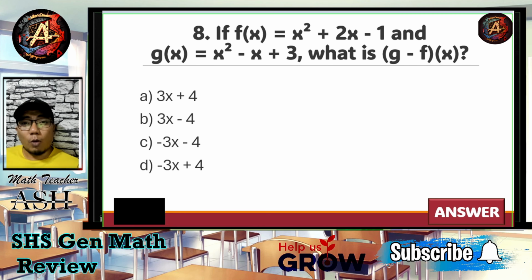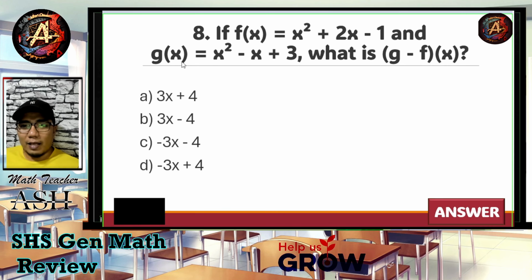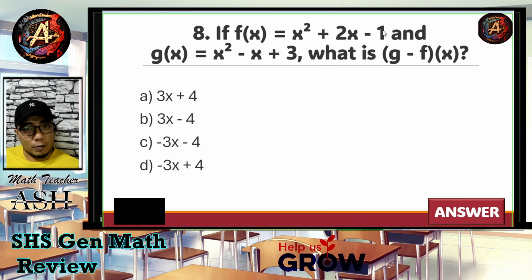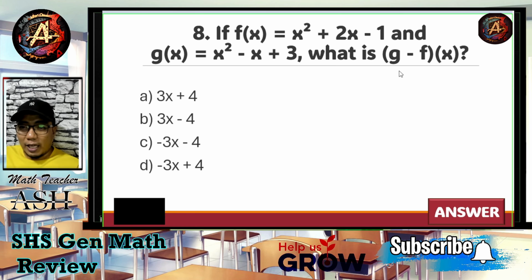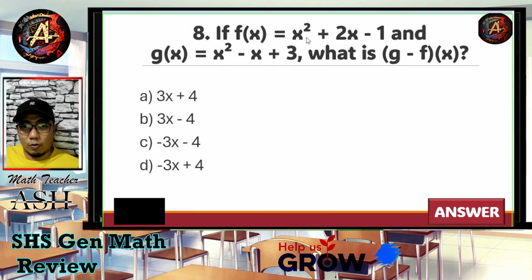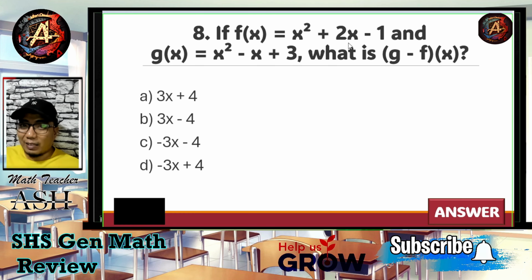Okay, my dear math learners, I want you to focus on this question. What we have here is g minus f, meaning our minuend will be the g of x and our subtrahend will be the f of x. So therefore, we will be putting this first minus this one. Okay? So be careful, my dear math learners, in the operation, especially in subtraction. So x squared minus x squared, that would be 0x squared or 0. So therefore, we don't need to put our quadratic term. Now, that is negative x minus 2x. That would give you negative 3x.